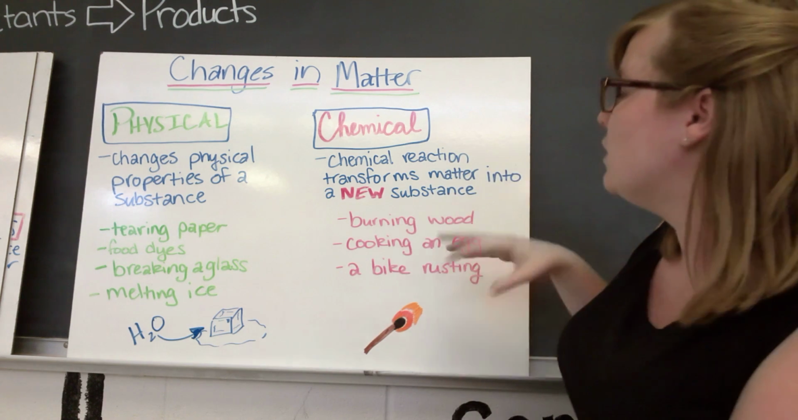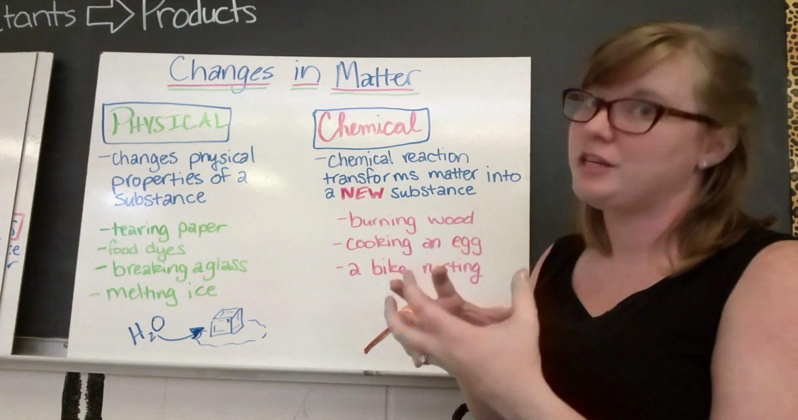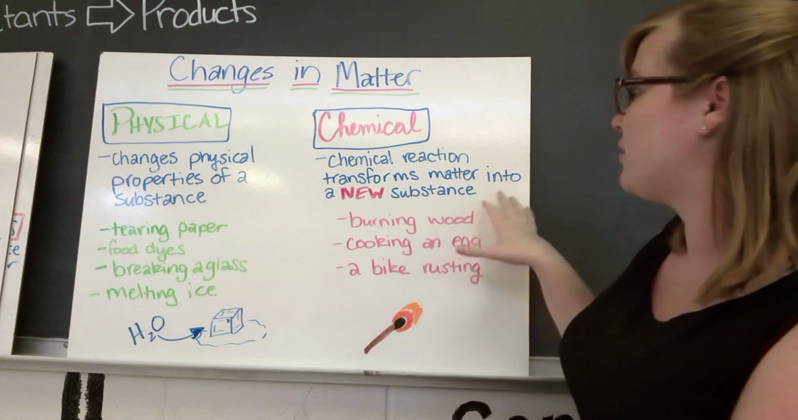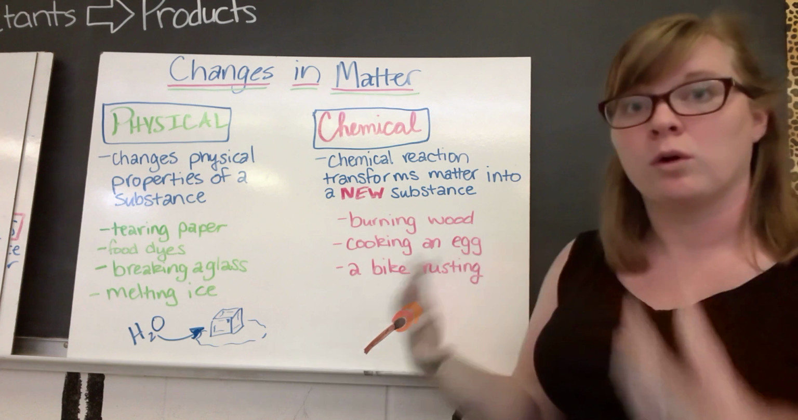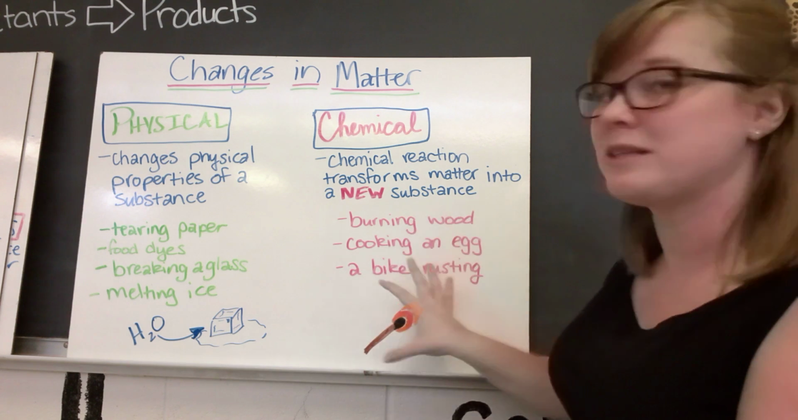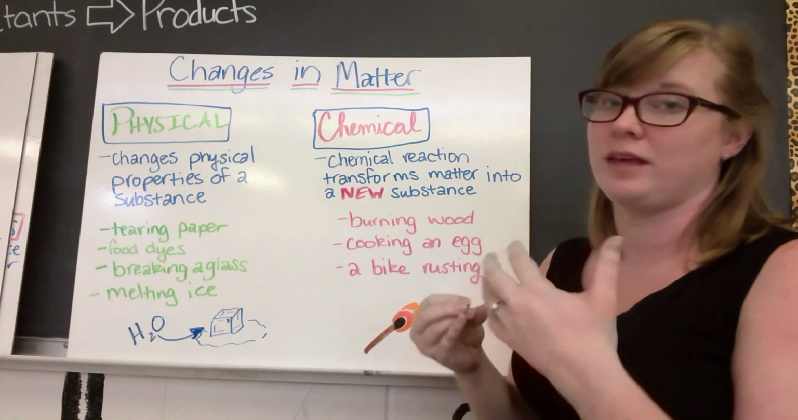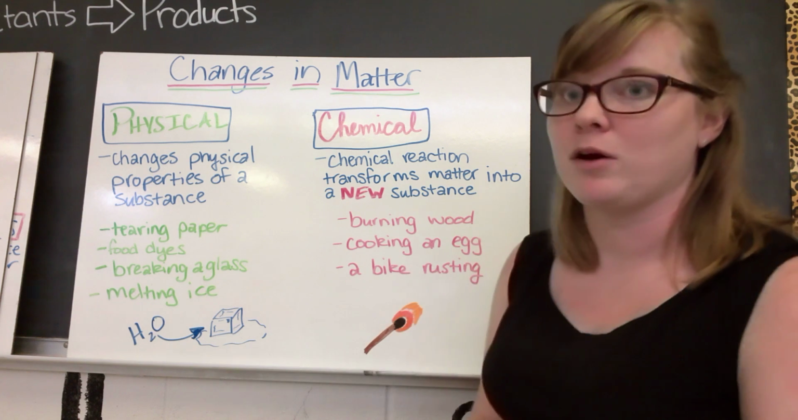And chemical changes take place during a chemical reaction, which is going to form a brand new substance. So burning wood, cooking an egg, or a bike rusting, these are all brand new substances at the end of that change. So if a chemical reaction happens,